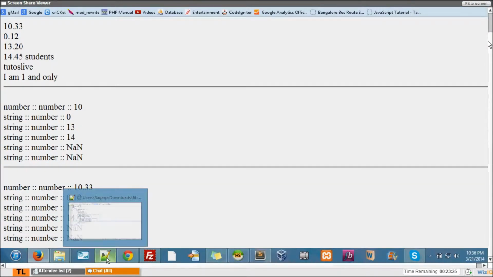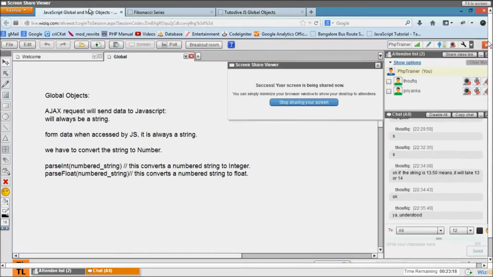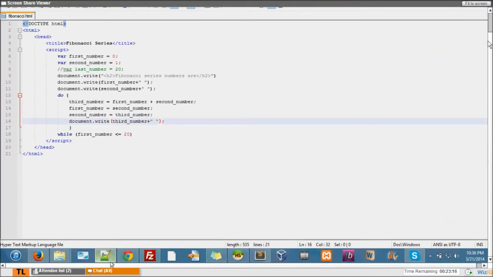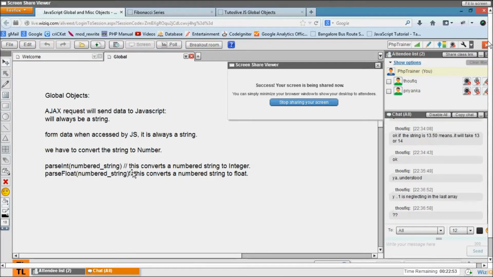Fine. Now there is one more function in this miscellaneous, which is useful. I don't say it's completely neglected, but it's used only in rare times. For parseInt and parseFloat to work, the string has to start with a number.